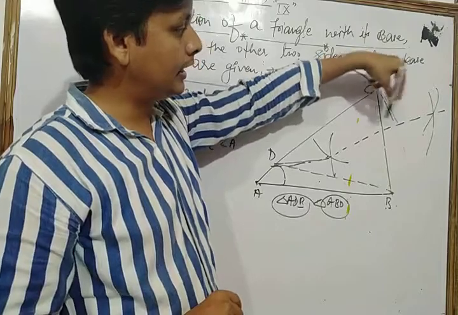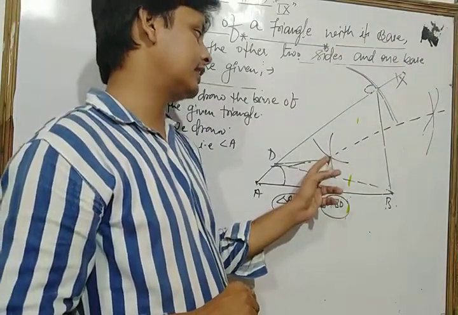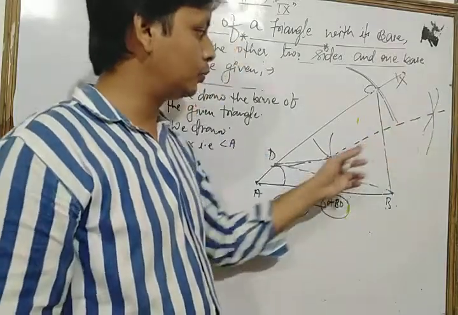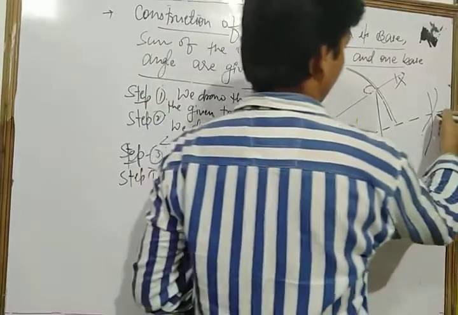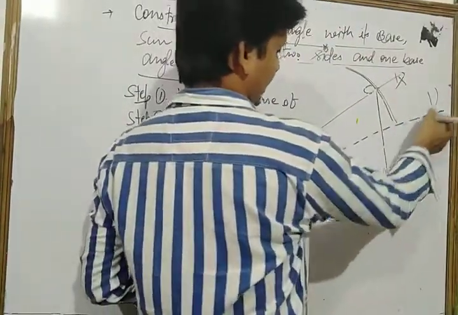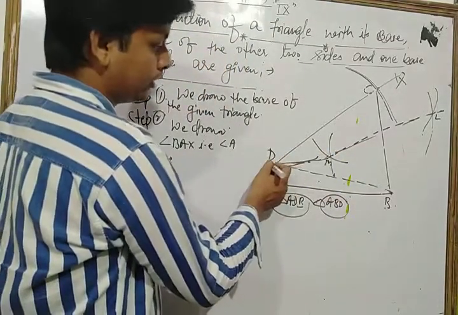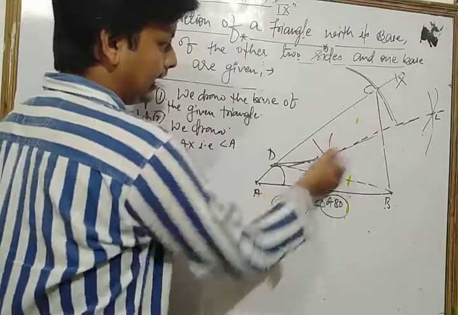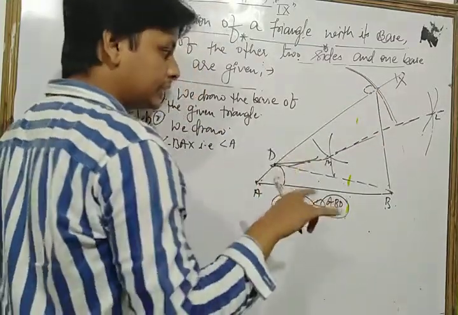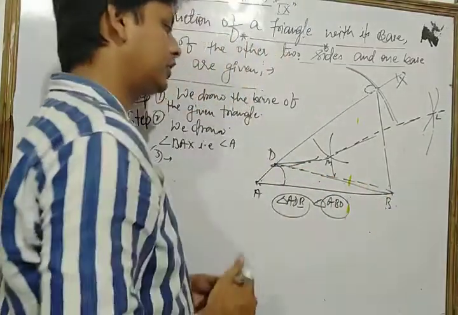Each of its sides means BC, that is BC, and we cut and intersect the previous arc at two distinct points. Now we join those two points. Suppose that L and M be the two points. So we join LM and produce it. If we produce that, then LM intersects AC at a point D. Now after that, finally we join BD.